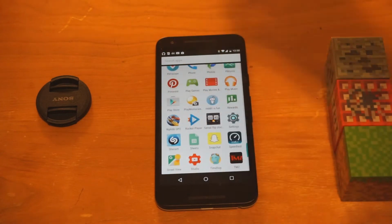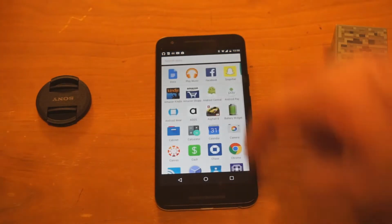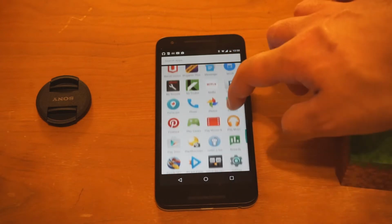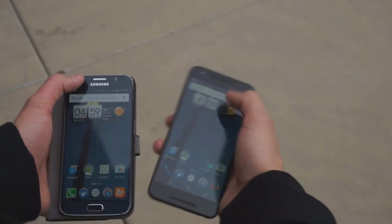I definitely expected more from a stock Android device on a Nexus. Now, you do get quick updates from Google, so hopefully this will be fixed over time. But as of now, with the update that I have now, it's really not running well, and it really becomes frustrating at times. Next, I want to move over to the screen, which is a beautiful 5.2-inch IPS LCD Full